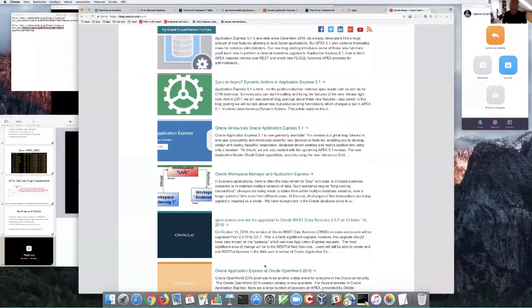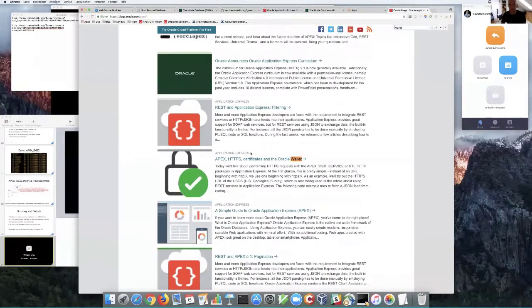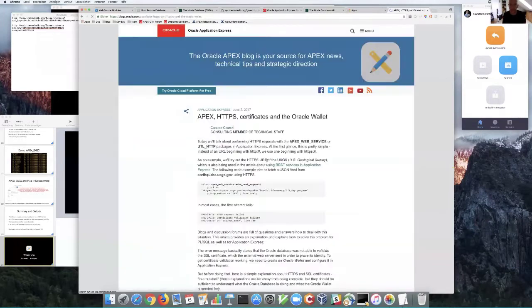The typical situation you will encounter when trying to access an HTTPS REST service is something like that. Whenever you try to work with a web source module and Apex just responds with that certificate validation failure,